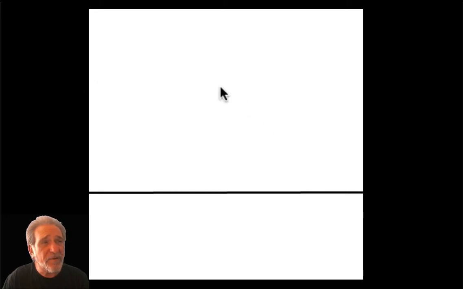Now, watch up here for a moment. There's a concept called the rule of thirds. And if you divide something into threes, you create a much more dramatic composition. The rule of thirds is something that you want to keep in mind for forever, essentially, because that is something that creates the